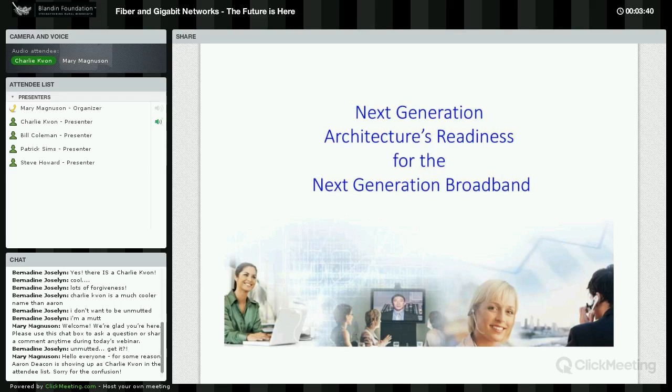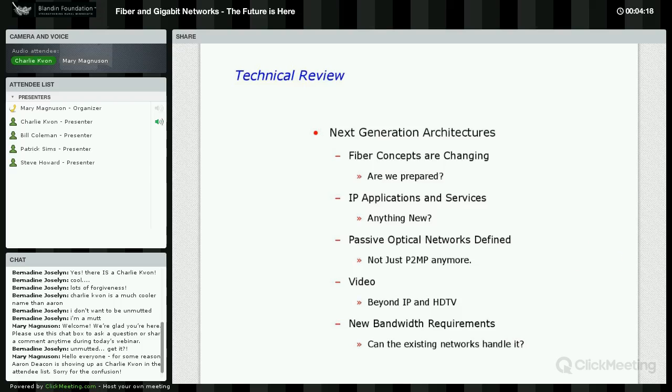Okay, thanks, Bill. Thanks for the introduction. I call this presentation Next Generation Architecture's Readiness for the Next Generation Broadband. I think many of us have seen presentations that show some kind of next generation fiber networks: GPON, GEPON, NGPON, WDM-PON, Active Ethernet (AE), or even high-speed xDSL like G.fast, ADSL2+, or VDSL. So with that,